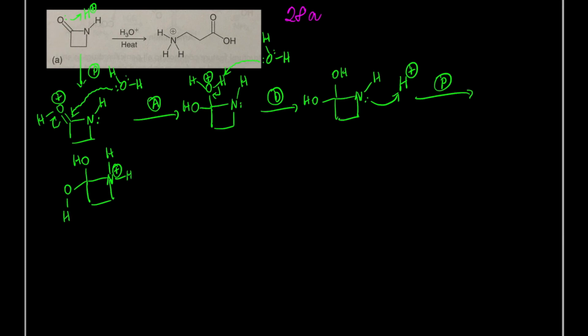I'll just draw this bond out here a little bit so it looks a little bit better. And now you can break this bond. Now, when this bond breaks, you actually have a ring opening occurring. Okay? And that's why this nitrogen is way over here and the carbonyl is way over there. So when you eliminate or break that bond, you form